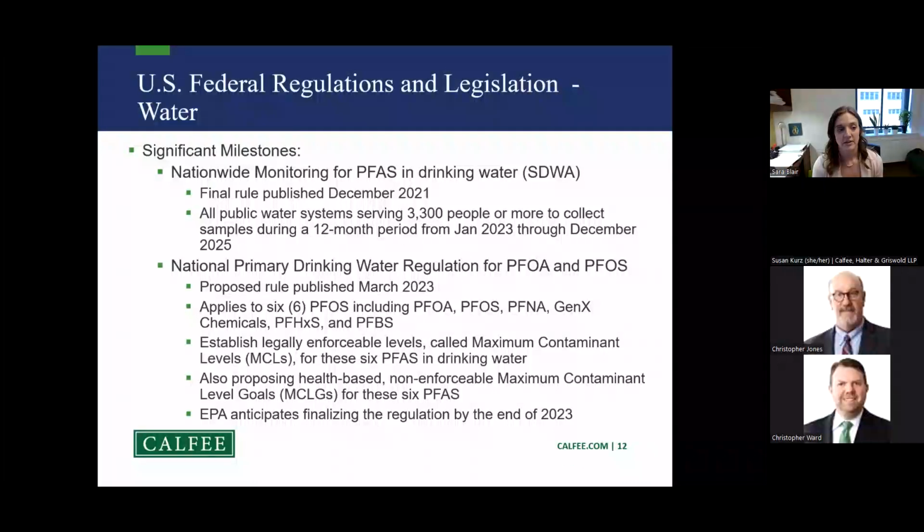Now we'll move on to the Office of Water, which has met or is in the process of meeting a number of its milestones under the strategic roadmap. Firstly, in December of 2021, the Office of Water promulgated a final rule regarding the nationwide monitoring for PFAS in